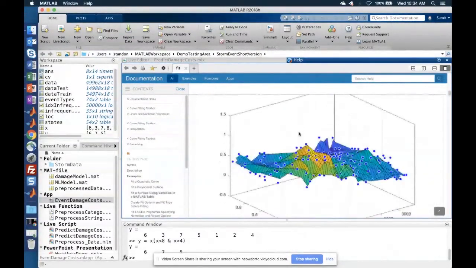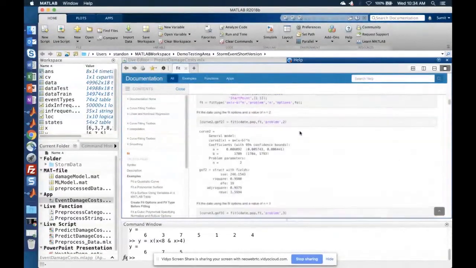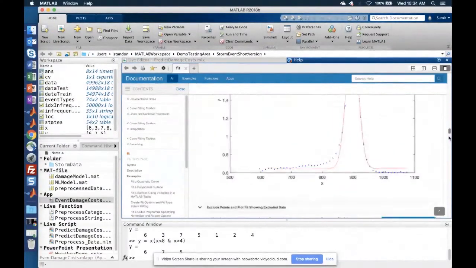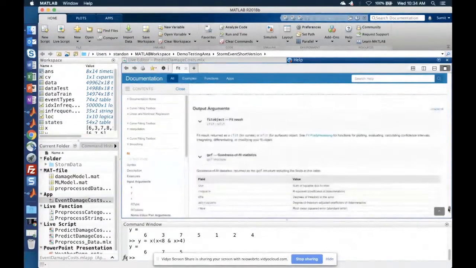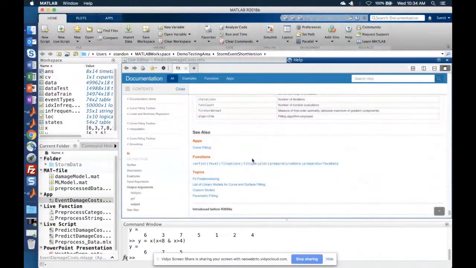Also, if the functions include algorithms, you'll see a full description of the algorithms and references as well at the bottom of the page. Another thing which I really like is the section called See Also, which talks about some of the other things you can explore. These things could be information like domain information. It could be links to other functions that could be used, and also sometimes apps that you could use to do the same thing interactively.